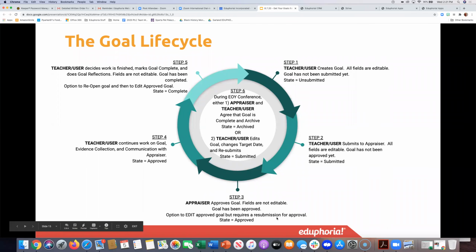In step three, the appraiser approves the goal. When the appraiser clicks on the approve button, then you, as the teacher user, find out that yes, this is the goal that they want me to be working on also. So there are some fields that are not editable anymore. You can't change your goal statement. You can't change several other things, and we'll talk about that in just a minute,